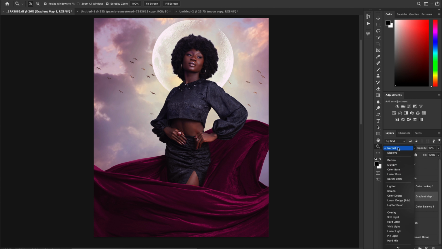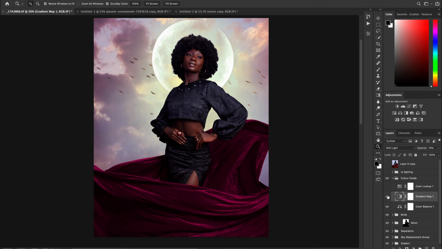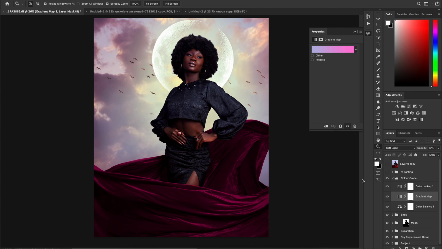So from there, I just decided to shift the blend mode from normal down to soft light, and this just punched the contrast a bit and also maintained the colors that I chose in the pastel. So after applying this pastel color, the next thing I wanted to do was just add a